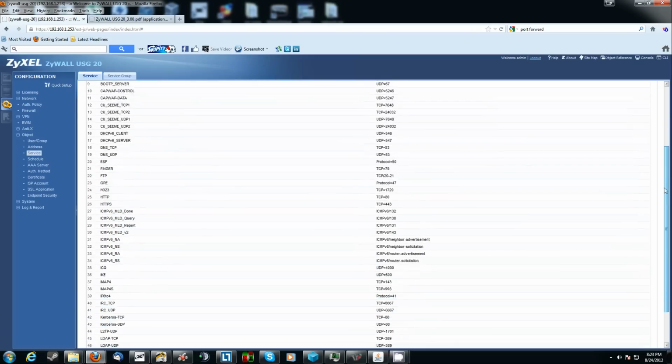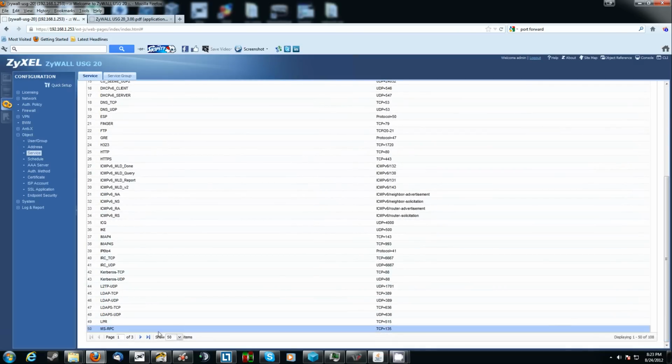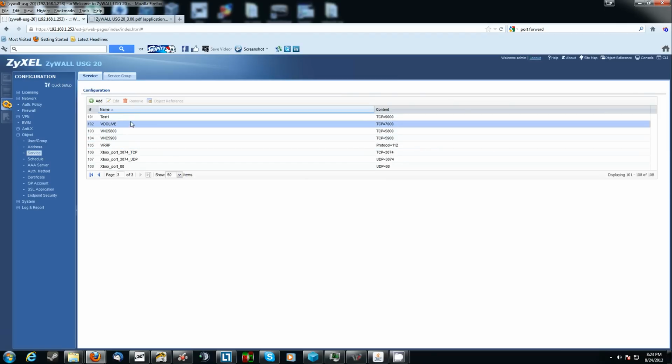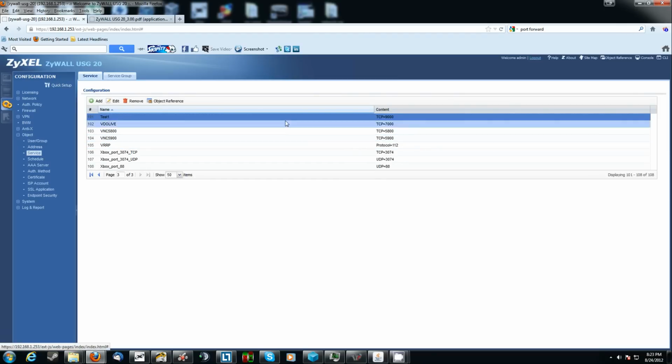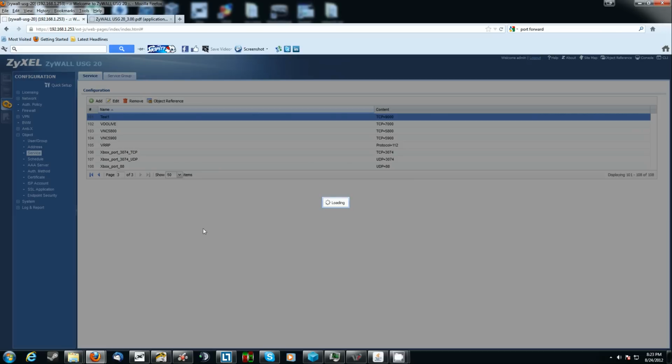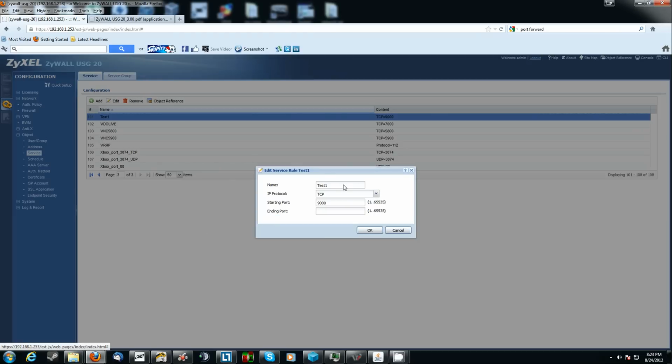And it should be alphabetical for the most part, but if we go to the very end, you'll see Test, and we will see its content. It's TCP port 9000, just like we set it to be. If we want to rename it, we double click on it, and let's name it Test 2. And as you can see under here, although we typed in 9000, the 9000 is gone now. It doesn't matter, it just means it's only port 9000. So we're going to click OK,